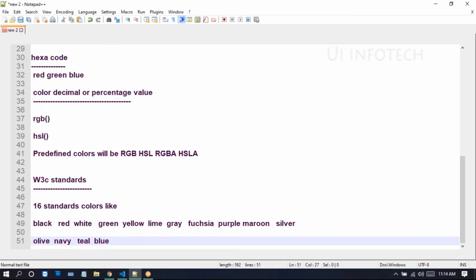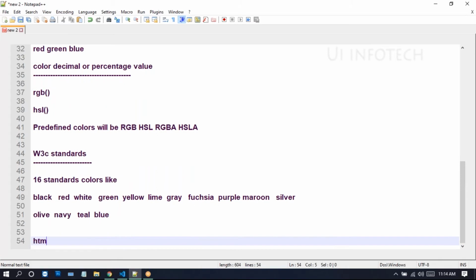Look at this one. HTML colors are defined using hexadecimal codes.